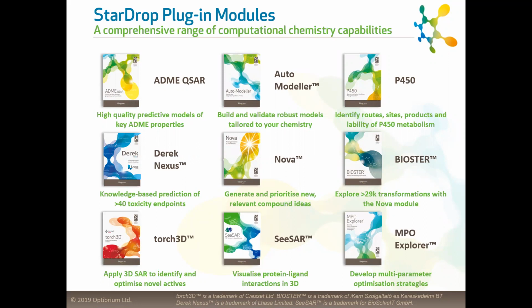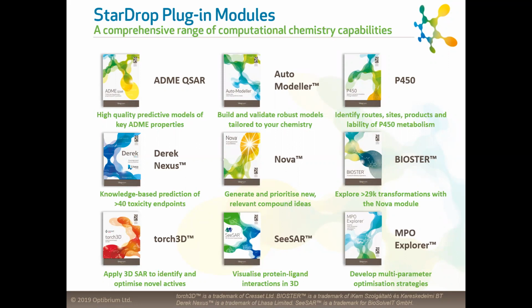So the core of StarDrop that you are looking at today already has a matched pairs capability within it that you can look at within CardView, but matched series analysis goes quite a long way further than matched pairs in terms of the statistical rigor, in terms of the suggestions that it can give you about changes you might like to consider to improve the potency of your compounds. So all of these approaches are wrapped up within the NOVA module, and as a complementary module alongside this, again